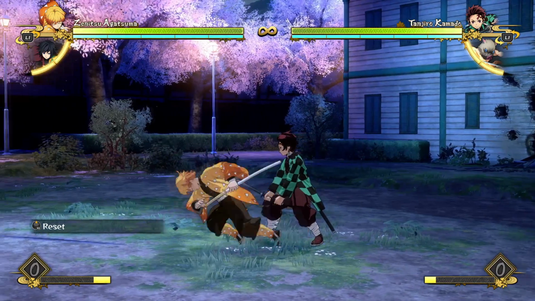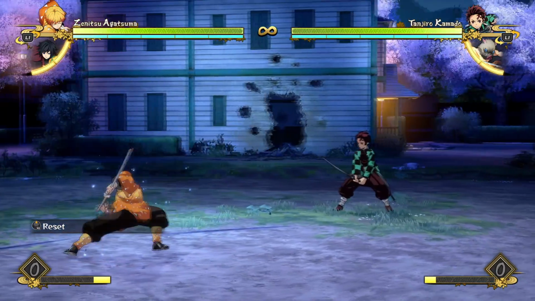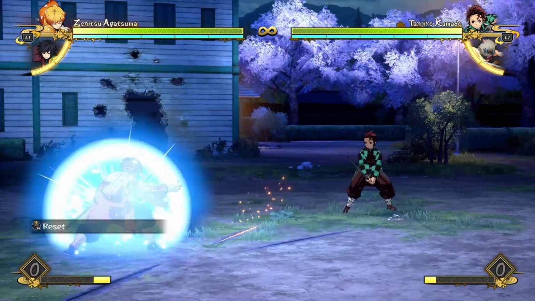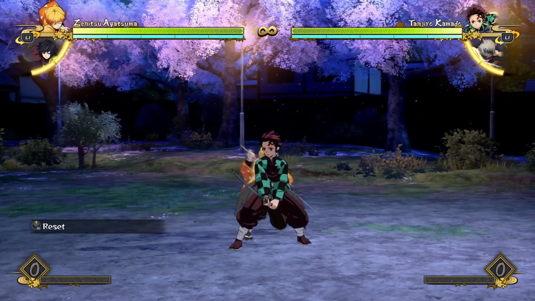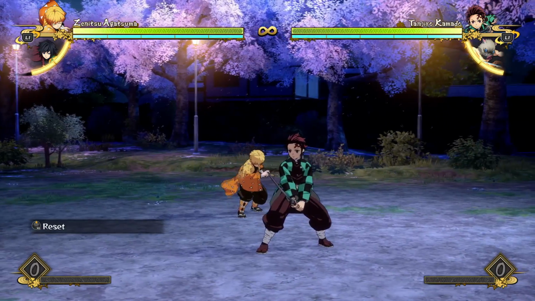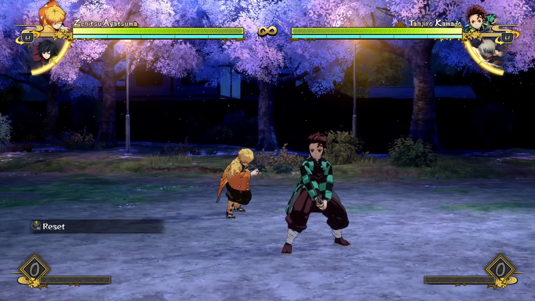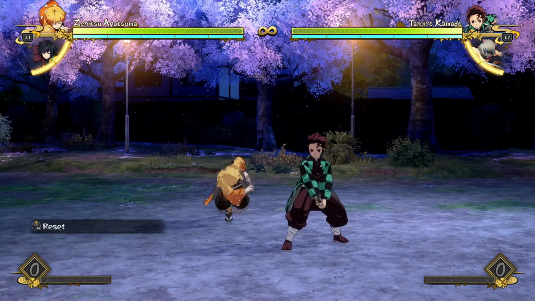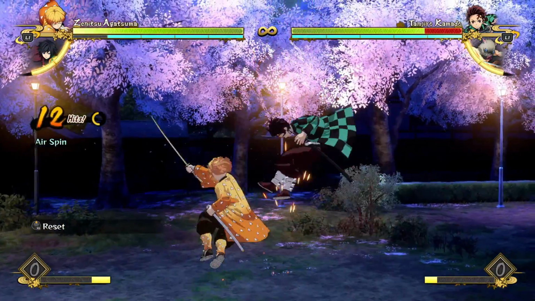Now, like I said, the best way to use this is on a read. You don't want to just throw this out randomly, because as you can see, this has a lot of lag on it. So you can push block them, and then if they keep mashing, you can perfect counter them. And then after the perfect counter, you will get a blue combo. You'll be able to dish out as much damage as you want to,